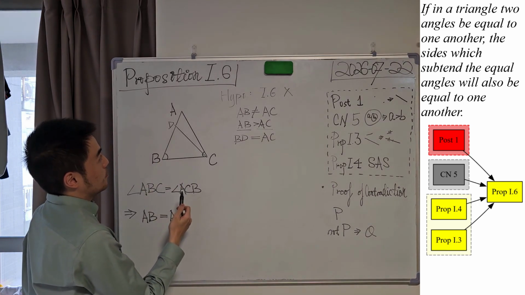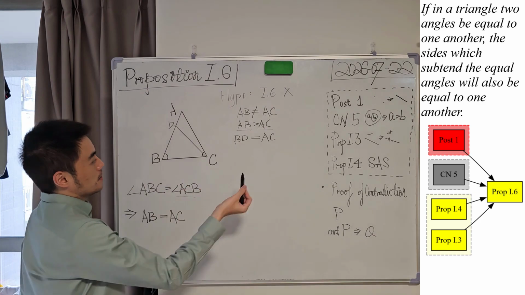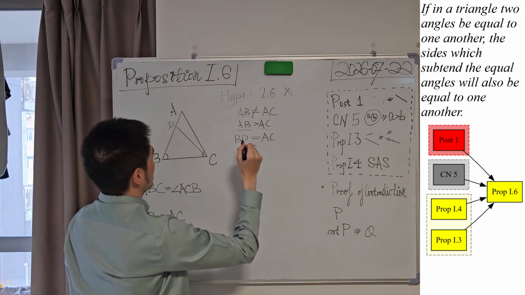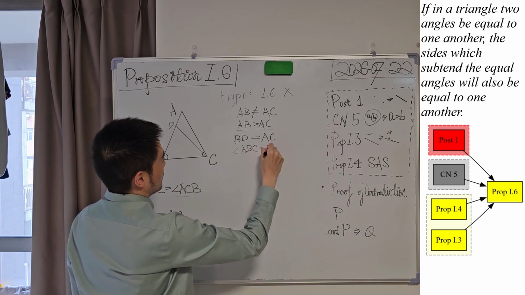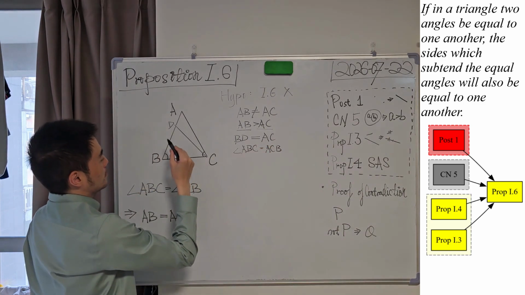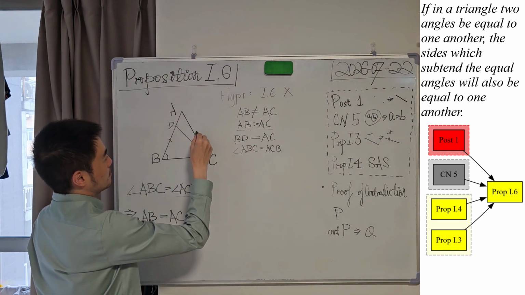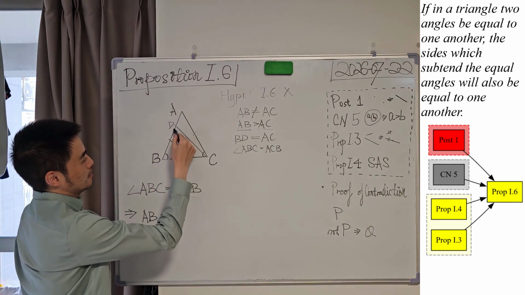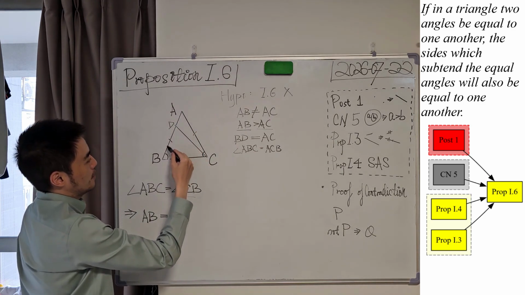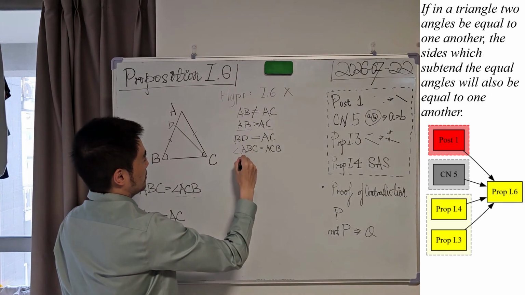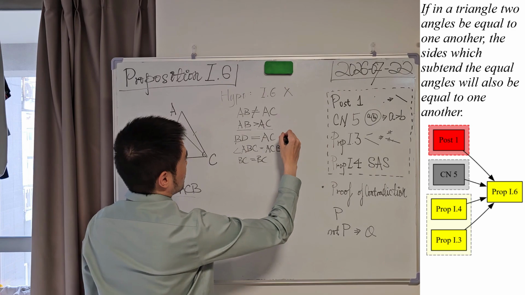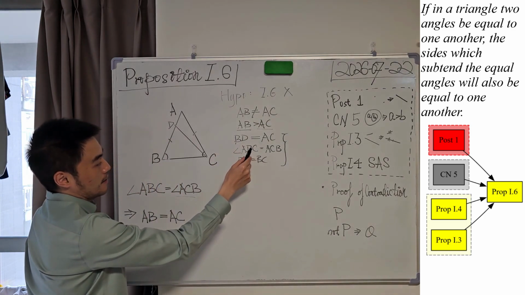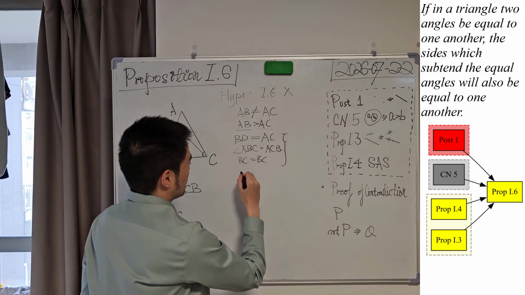Please note that we are given the condition that these two angles are equal. Let's combine them together. Angle ABC is equal to angle ACB, and we have BD is equal to AC. Meanwhile, the side BC is shared by triangle BCD and triangle ABC. So what do we have? BC is equal to BC. Please recall proposition 4. We have the side, angle, side equal relationship. So we can conclude that